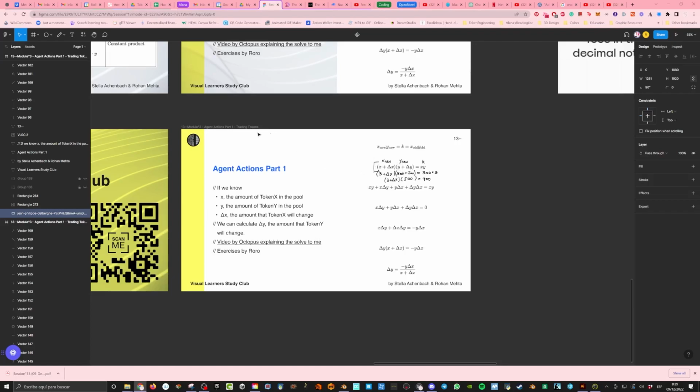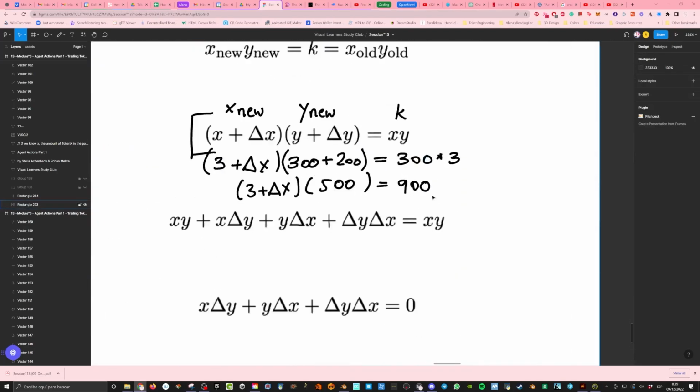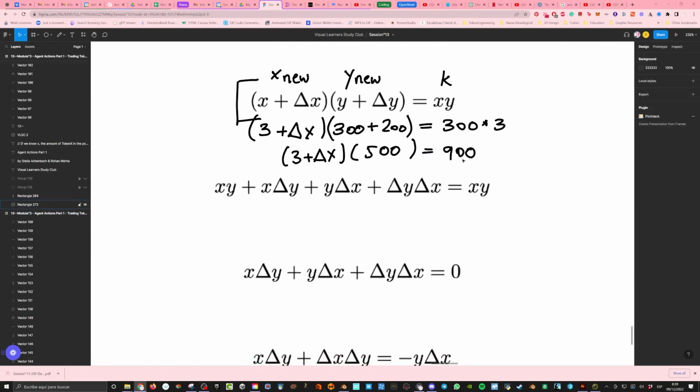When you see that equation, right, at the end, you can clearly tell that the delta x value will be found, because I can do 900 by 500 now. I can take 500 to the other side by dividing both the equations by 500. Does that make sense? Divide both the equations by 500. I don't even know why you can take it over to the other side. That's my whole problem right now.